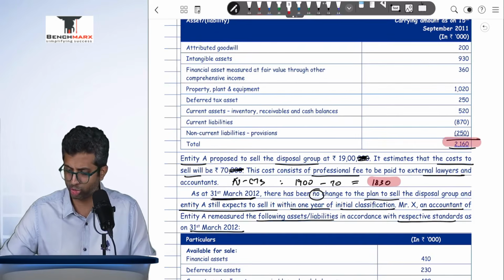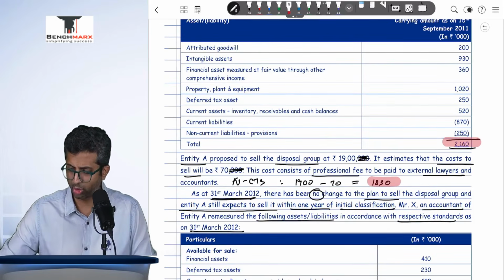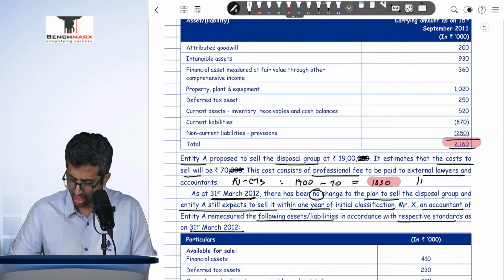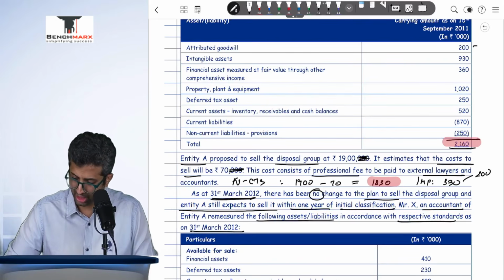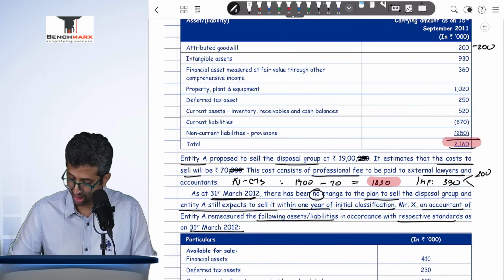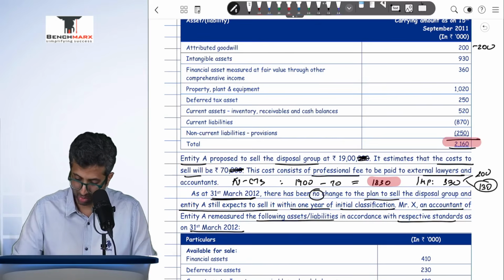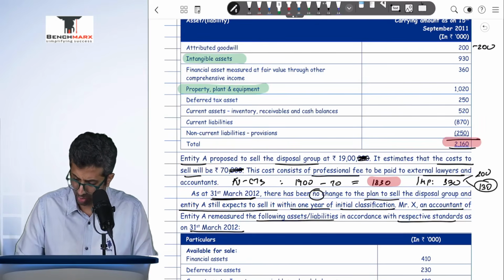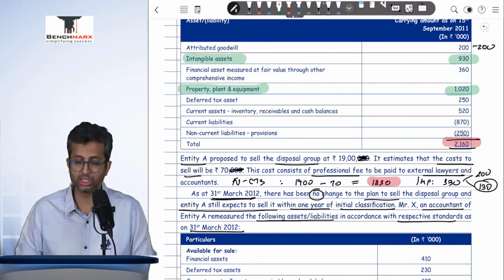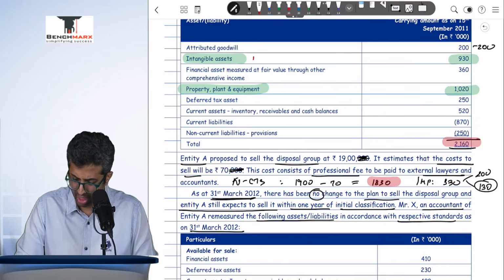1830, and there is 2160 minus 1830. Can I say there is a 330 impairment? Now, this impairment of 330 will first be allocated to goodwill, so 200 over here is directly knocked off against goodwill, and hence the remaining, I think 130 will be attributed between intangible assets and property, plant and equipment in the ratio of 930 is to 1050. So over here we'll have 130